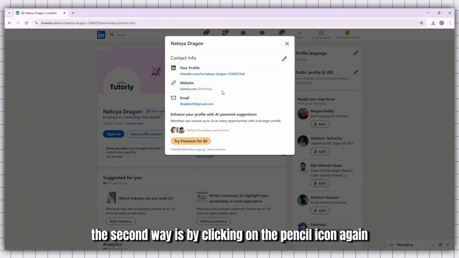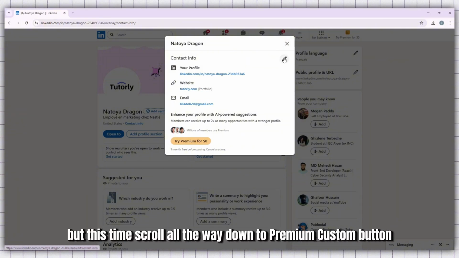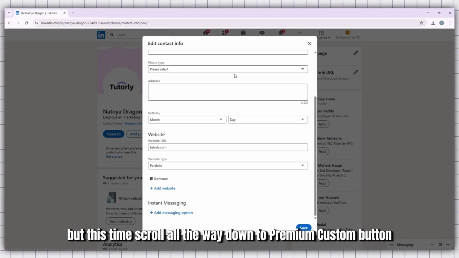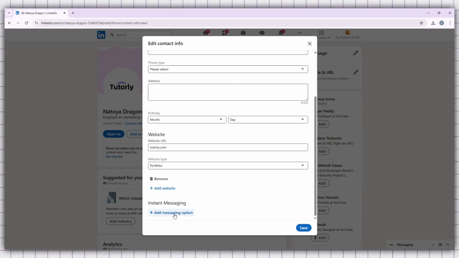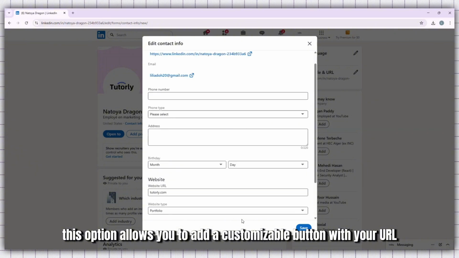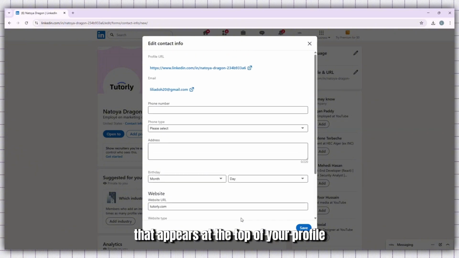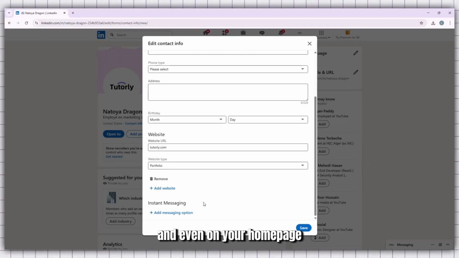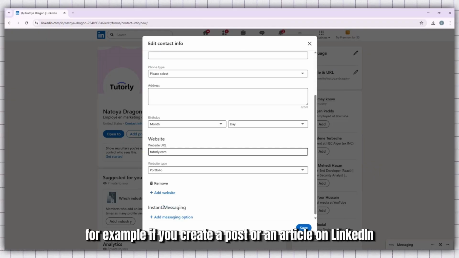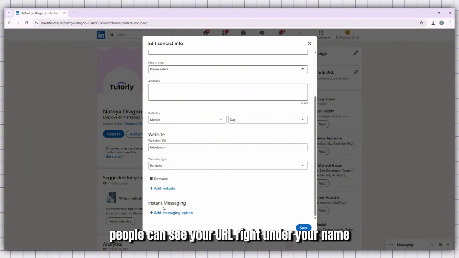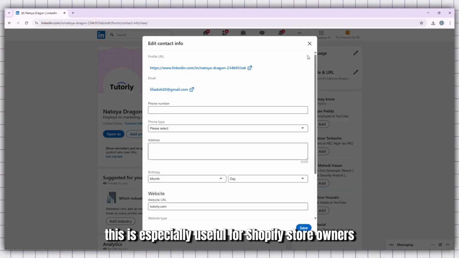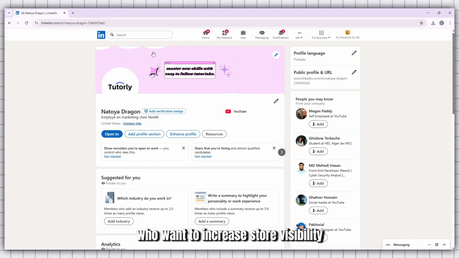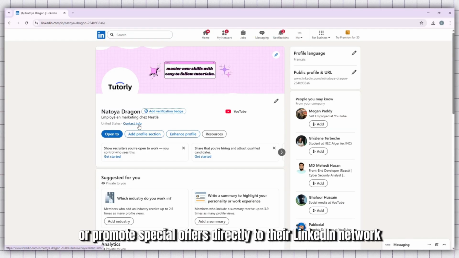The second way is by clicking on the pencil icon again, but this time, scroll all the way down to Premium Custom Button. This option allows you to add a customizable button with your URL that appears at the top of your profile, in posts, search results, and even on your homepage. For example, if you create a post or an article on LinkedIn, people can see your URL right under your name. This is especially useful for Shopify store owners who want to increase store visibility or promote special offers directly